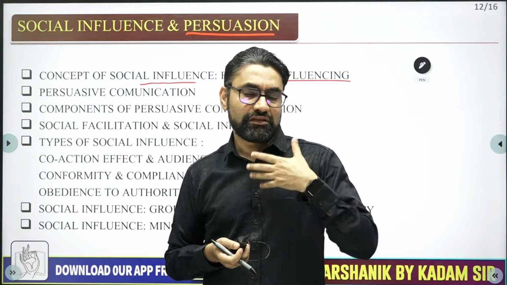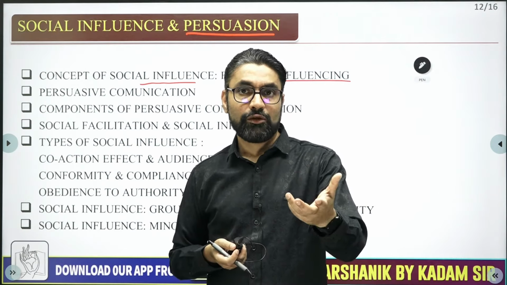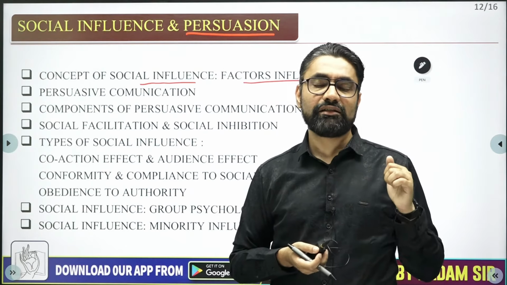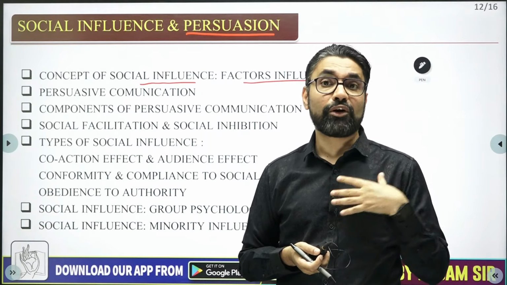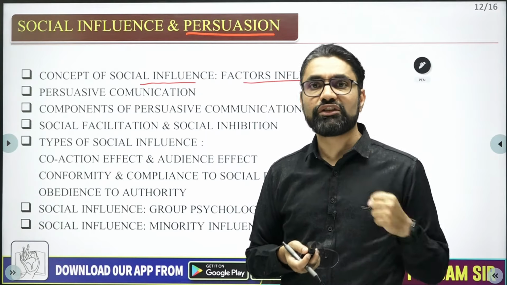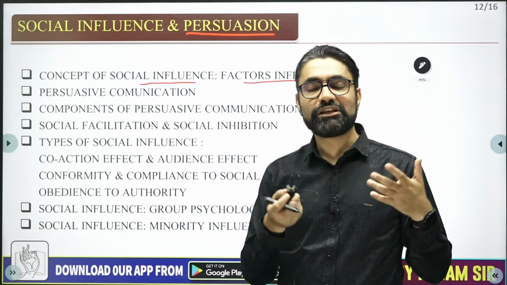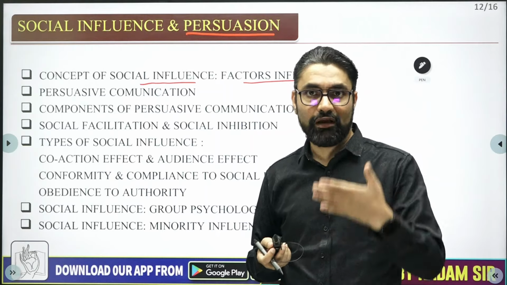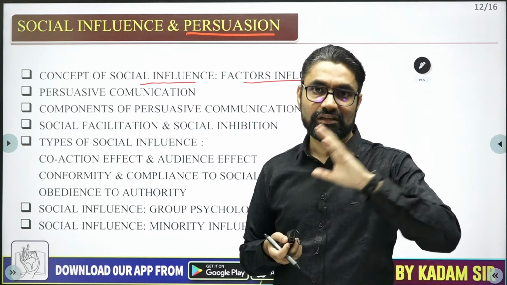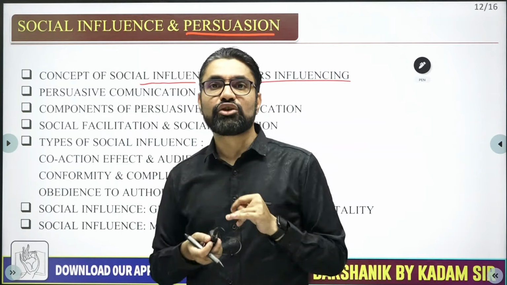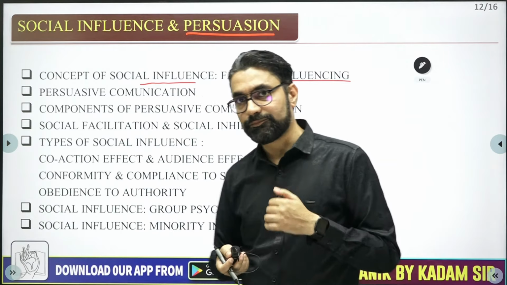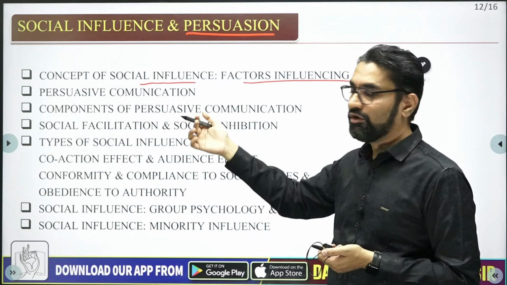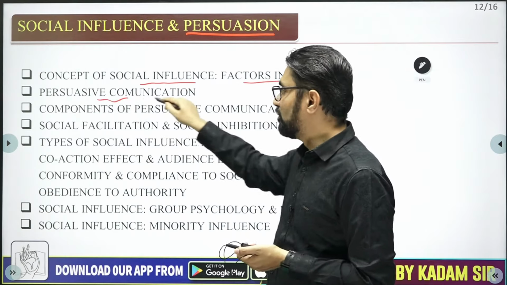So for social influence, say the government is planning some policy: whether people will listen to the policy, listen to the law, obey the law. Now the government has started the odd-even formula in Delhi. Will the odd-even formula work? How can we influence people to follow this odd-even formula? That is with social influence. And how can you do that? Persuasive communication is one way to do this social influence. Then we'll discuss the theories of social influence as well as persuasive communication in our syllabus. In social influence, the factors responsible we'll discuss. Then we'll discuss what is persuasive communication.